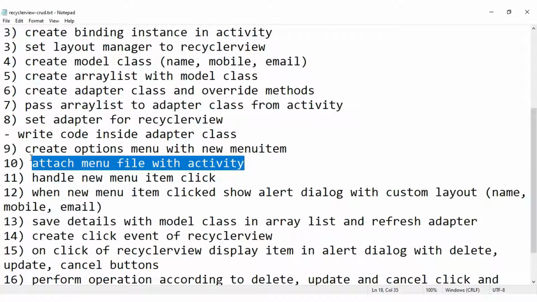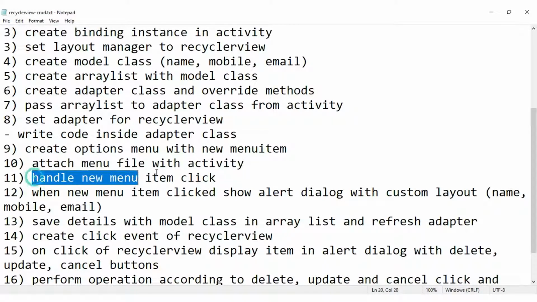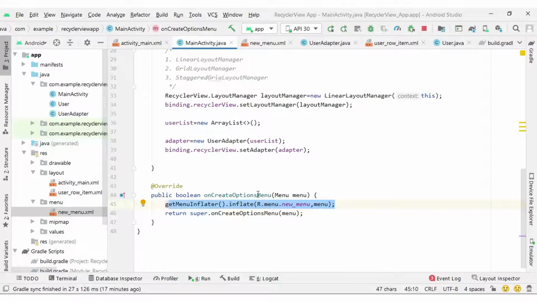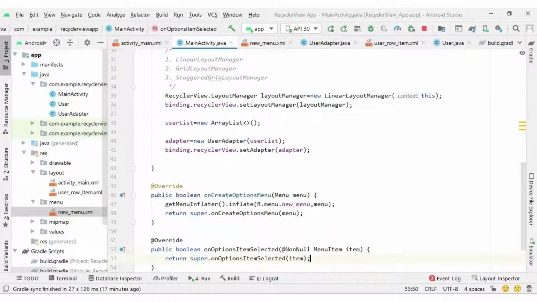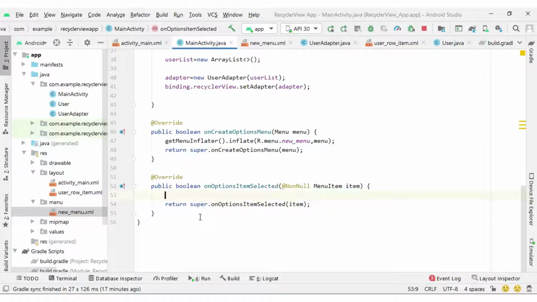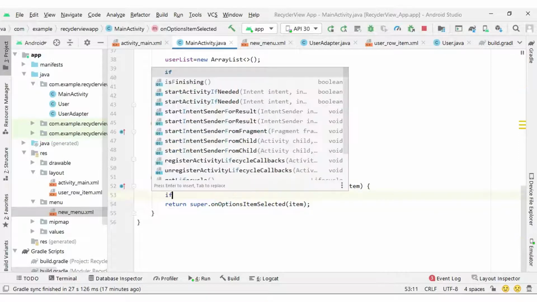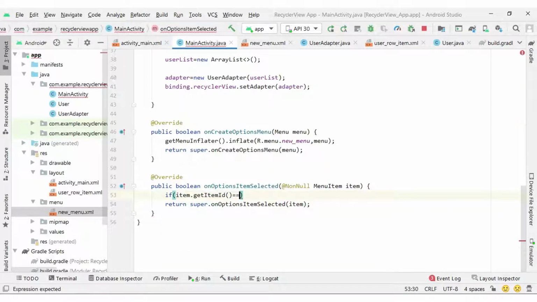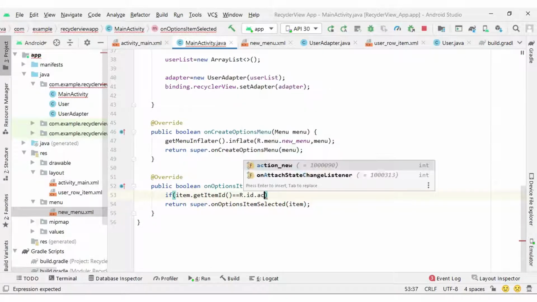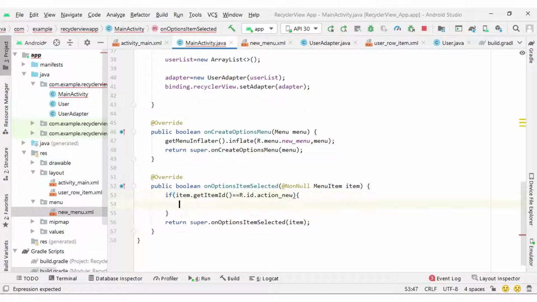So that was our 10th step: handle the new menu item click. To handle the click event of this menu item we need to override another method, onOptionsItemSelected. Inside it we need to compare the menu item: item.getItemId() double equal to R.id.action_new.